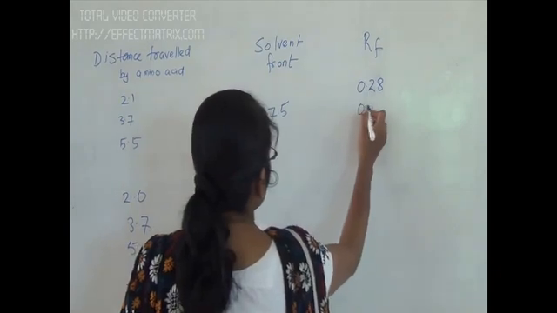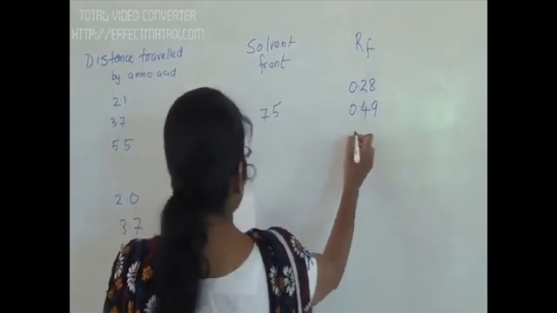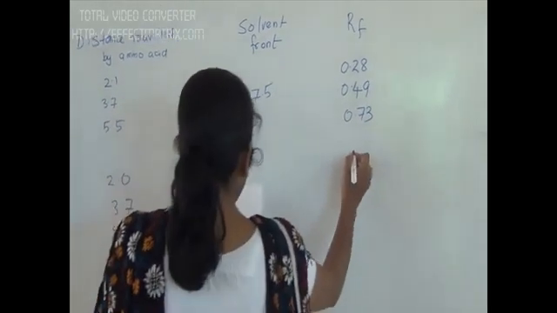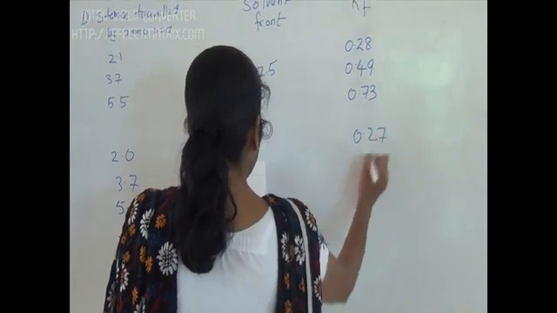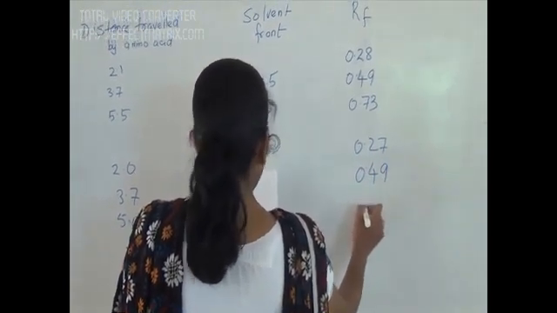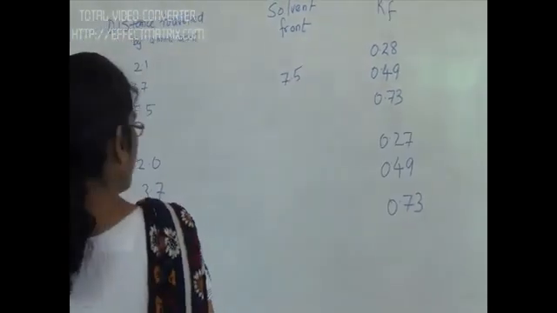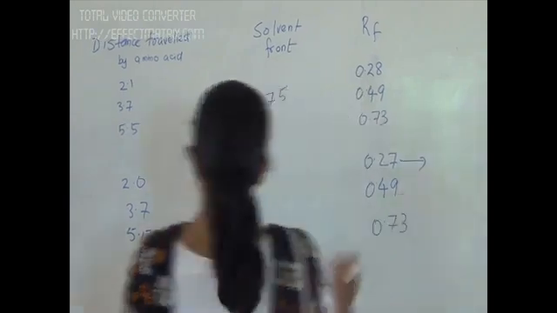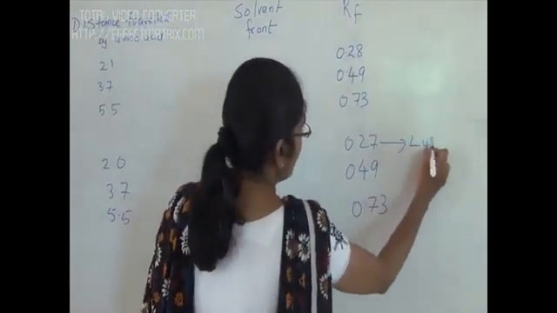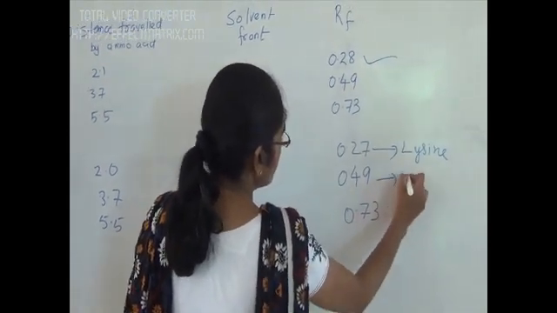For threonine it is 0.49. For methionine it is 0.73. And for spot number 1 it is 0.27. For spot number 2 it is 0.49. And for spot number 3 it is 0.73. That means our spot number 1 is lysine, whose RF value is similar to lysine. Spot number 2 is